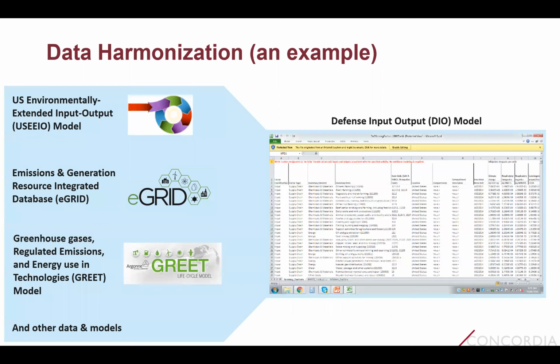Okay, so now let's talk data. There are two important areas in terms of improving LCA. One is data harmonization. I talked about the global lifecycle assessment program. This is just another example, the tool that we're going to talk about today. So the Defense Input-Output Model, it's a spend-based method. Well, it's a hybrid method. It uses spend-based data and process-based LCA data,